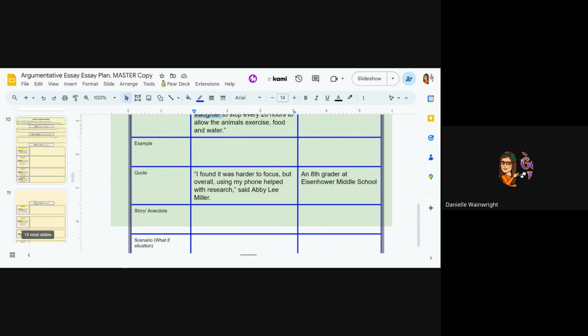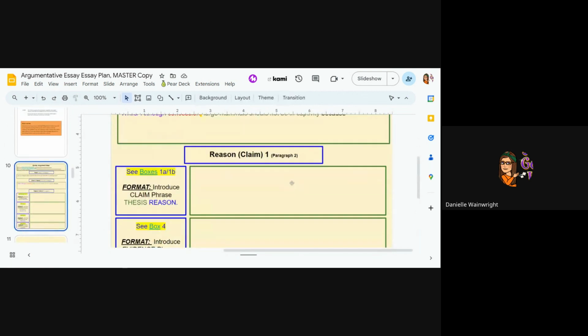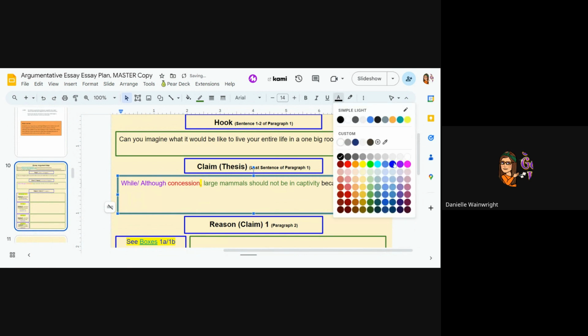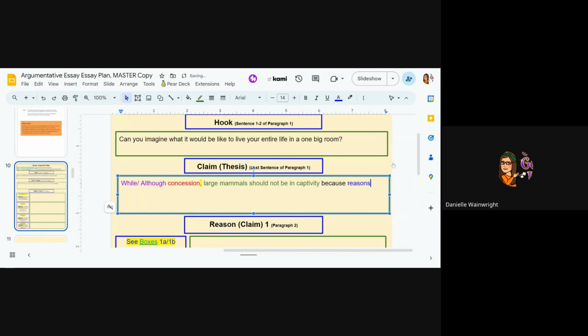But you'll write your three reasons: reason 1, comma, reason 2, and reason 3. So that's what yours is going to look like.